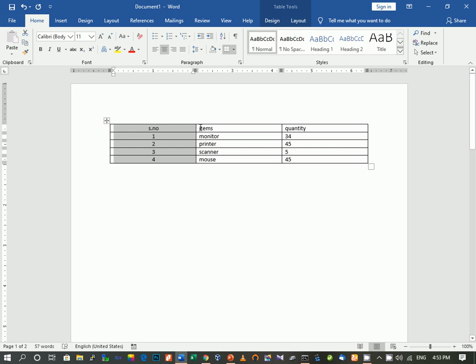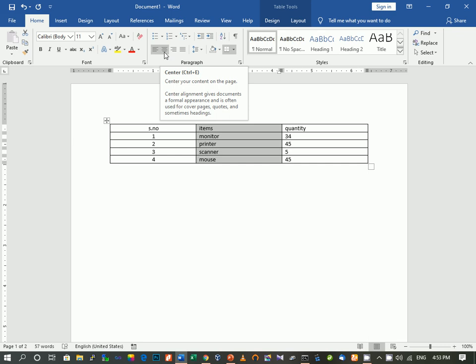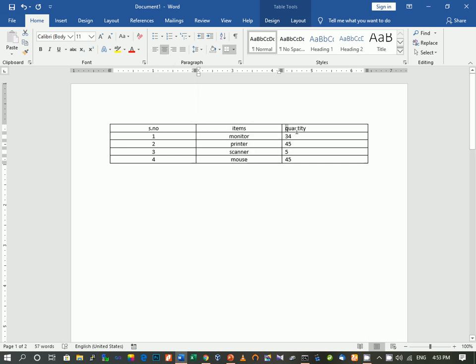Here, this text also, if you want to format it, you click on this, select the entire column and click on this. Then this also we can do similarly. If you want to change the color, you can change color from here. Suppose I want to make it red or whatever it is. So many other formatting options are there, which I will show you in the next video.